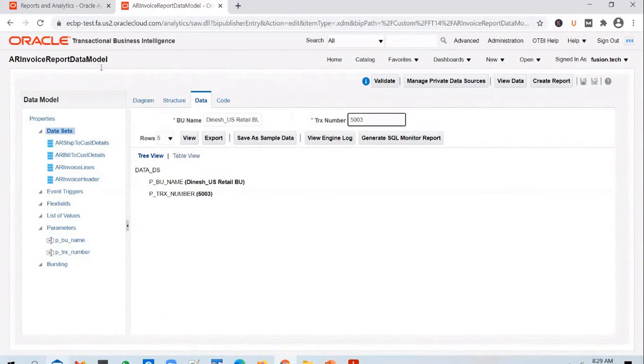Okay. So we are going to create a report for this data model, and we are going to register that report as an ESS job. And when a business user runs the report, they will be running an ESS job, enterprise scheduler service job. And when they run the ESS job, you will attach parameters there also. And for those parameters, you will have to create separate list of values again. So the point I'm trying to highlight here is, yes, you can create list of values here and attach them to parameters. But don't think that if you create a list of values here and attach them to parameters, it will get carried forward to the ESS job later on when you define the report.